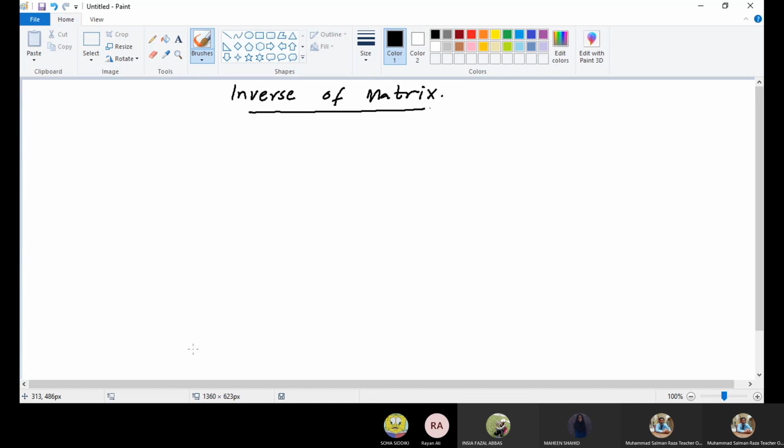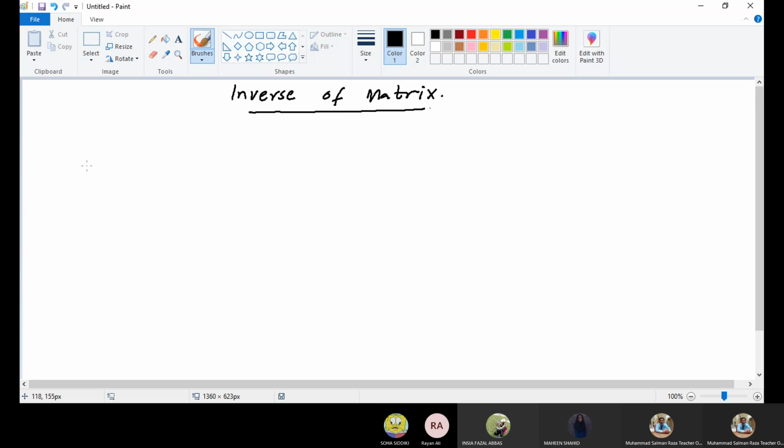Then we find out the inverse of the matrix. Now, how do we find out the inverse of the matrix? Let us recall that when we were studying the topic of functions, we found the inverse of functions as well. In functions, a normal function says you put in the domain and you get the range, and the inverse of the function is you put in the range and get the domain. So let's see what is happening when we are finding the inverse of a matrix.